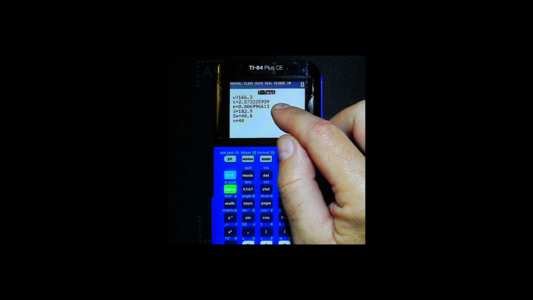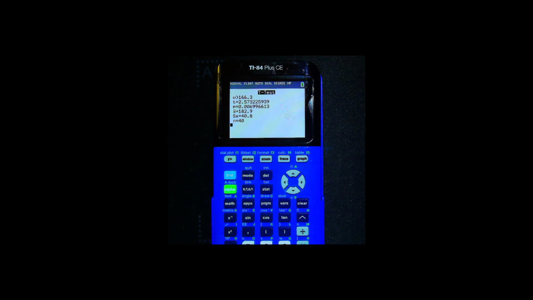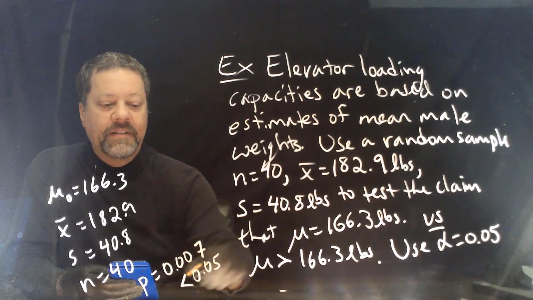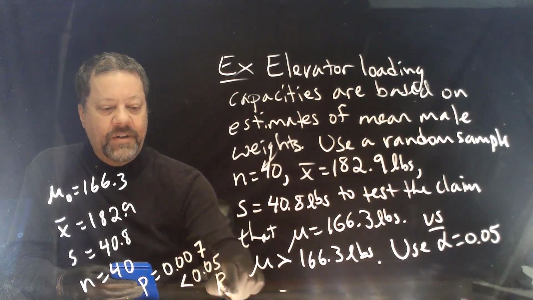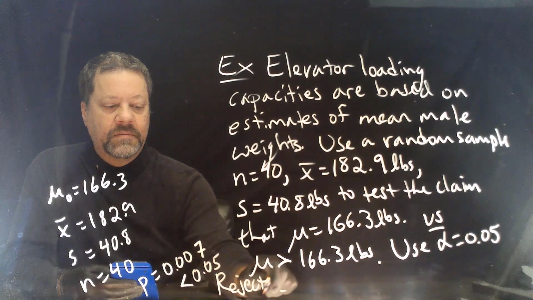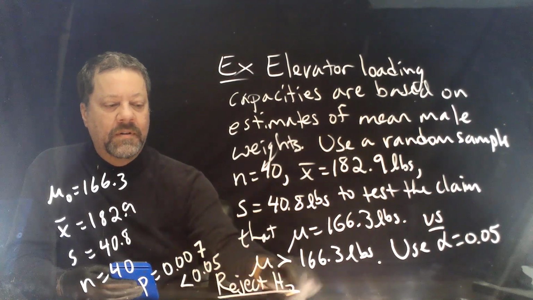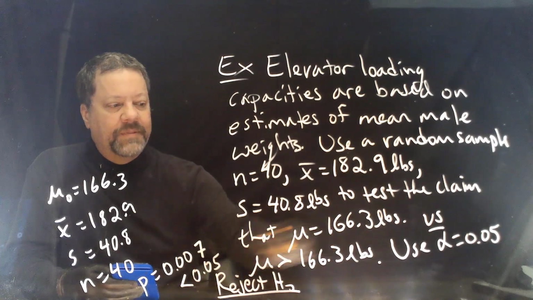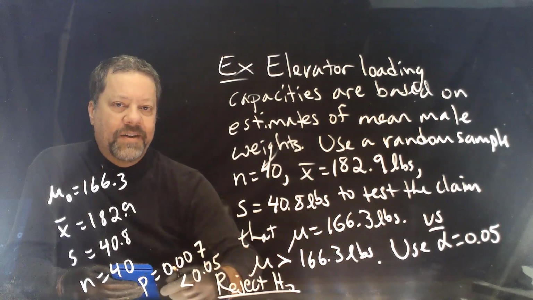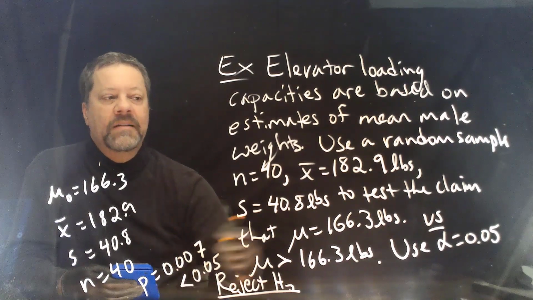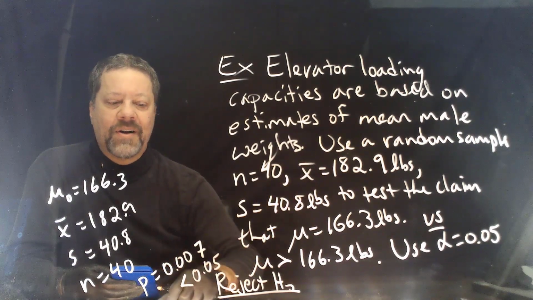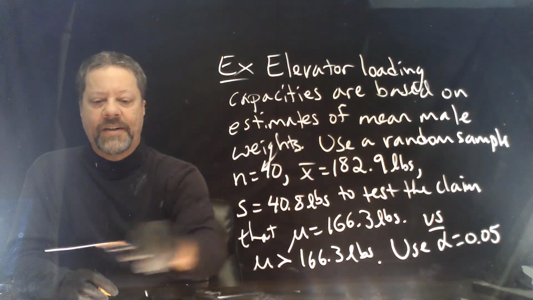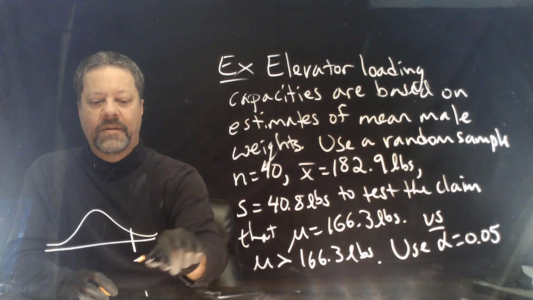It seems that weights have increased, which is less than 0.05. That means we reject the null hypothesis. The null hypothesis is improbable. It's not probable that the mean weight really is 166.3 pounds anymore, that it has gone up and now is larger than 166.3. One could have done this the old-fashioned way with critical z-scores,